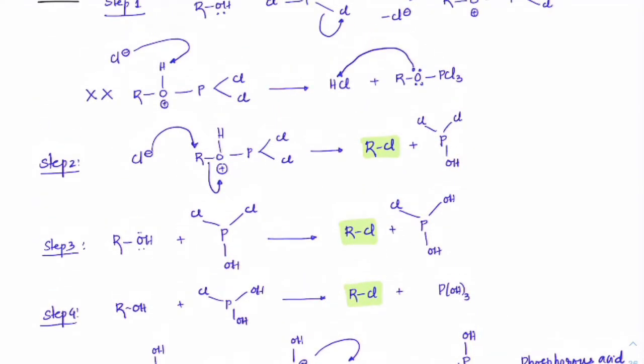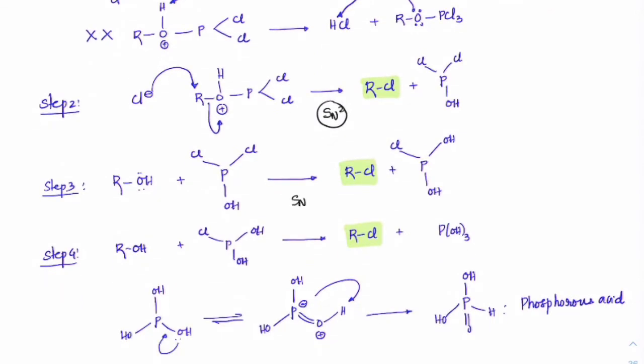So what we have observed here is the attack of chlorine and breaking of this bond happens as a concerted step. So I can say this is also an SN2 driven mechanism. So therefore, what kind of alkyl halide should we have? Again, that should be an SN2 ready type of alkyl halide. So if it is a tertiary group, then the reaction will not happen. It has to be primary or maximum up to secondary, but not tertiary.